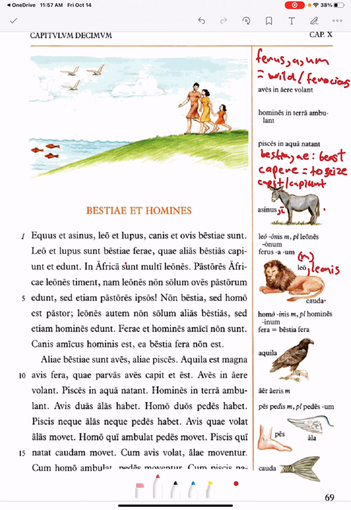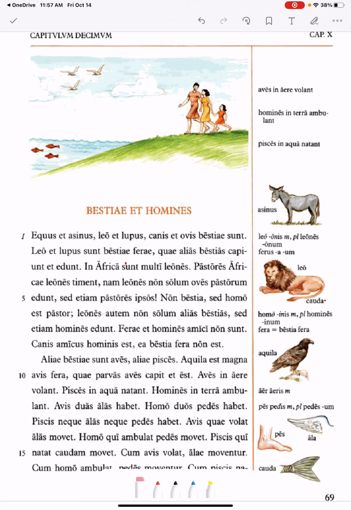So in Africa, there are many lions. Pastores Africae leones timent, nam leones non solum oves pastorem edunt, sed etiam pastores ipsos. So I don't know if you remember this expression. I'm going to erase so I have room to write. But non solum sed etiam means not only, but also. So if you don't remember it, it'd be a good idea to jot down non solum